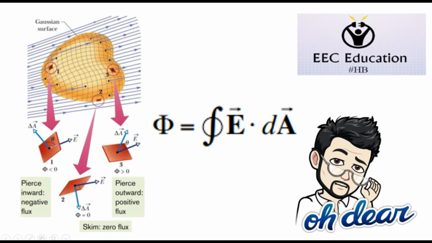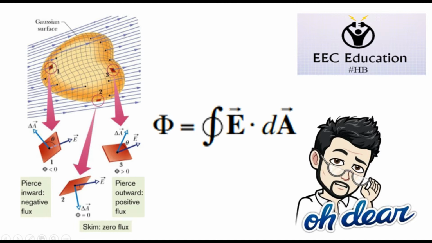Just imagine taking a surface and drawing a little grid on it, completely covering it. Each tiny patch will have a tiny area called dA. So the flux through a closed surface is the sum, really the integral, of the flux through all patches covering the surface. The convention is always that dA points everywhere out of the closed surface. We write this net flux formula as follows: flux equals the integral over a closed surface of E vector dot dA vector.